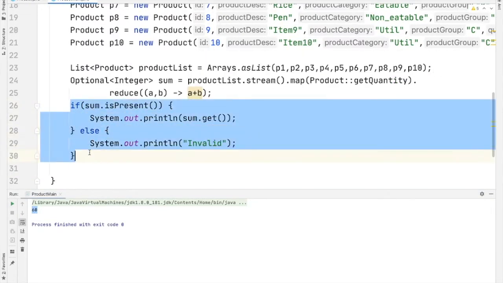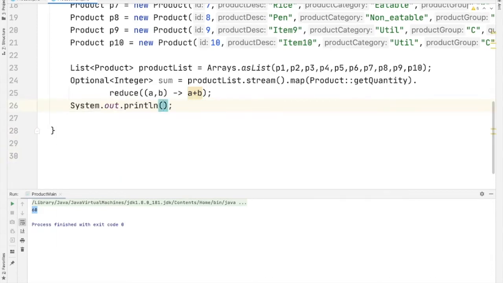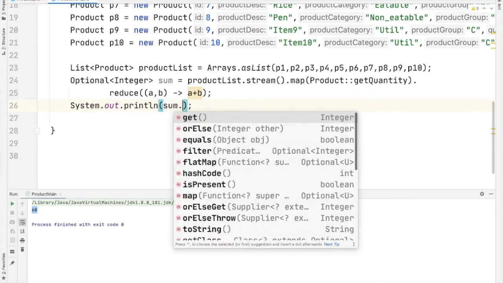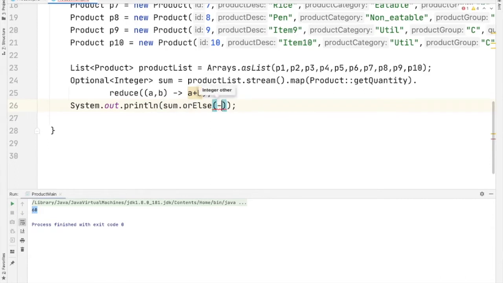Instead of this if else clause, we can use or else method. System.out.println sum dot or else of, just give a -1. We are giving -1 as the parameter because our result will be in int type. If this result was a string, then we could have used a string here.